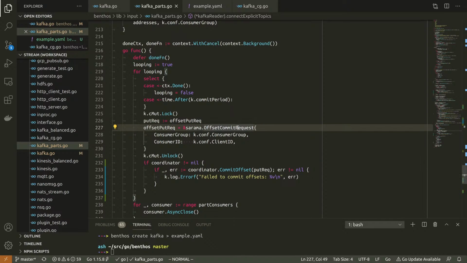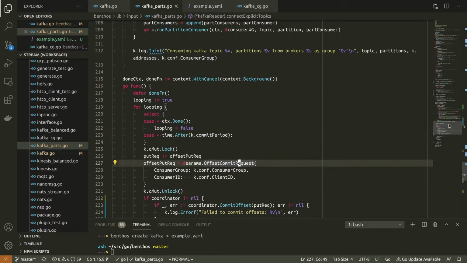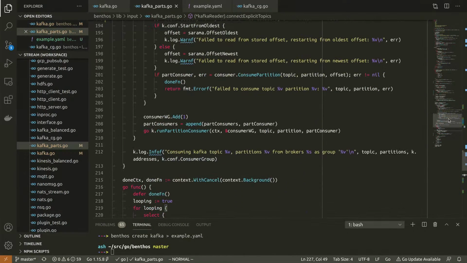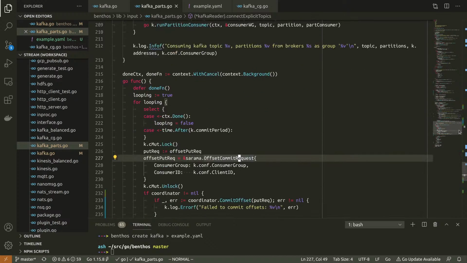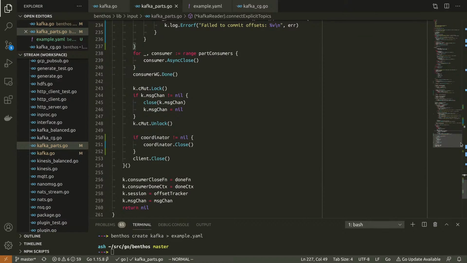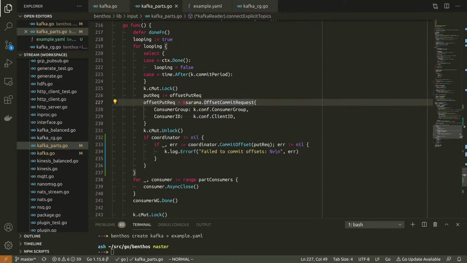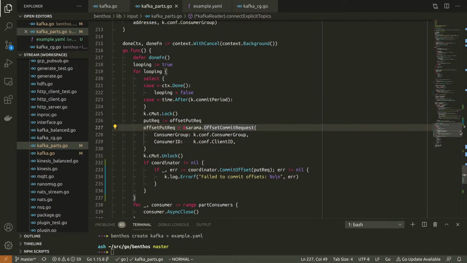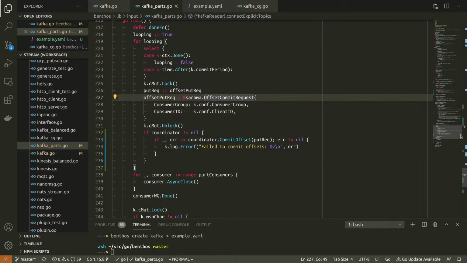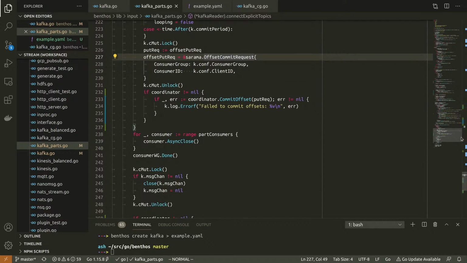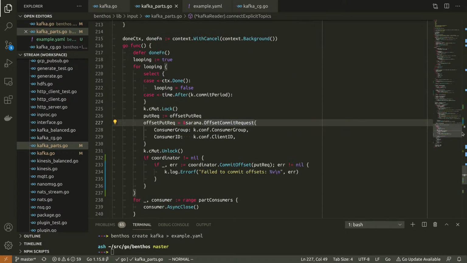So this is obviously a little bit bleh because we're locking mutexes, which is also going to lock up the partition consumers. However, it's not going to happen often, so I'd be very surprised if that had a significant impact on performance.